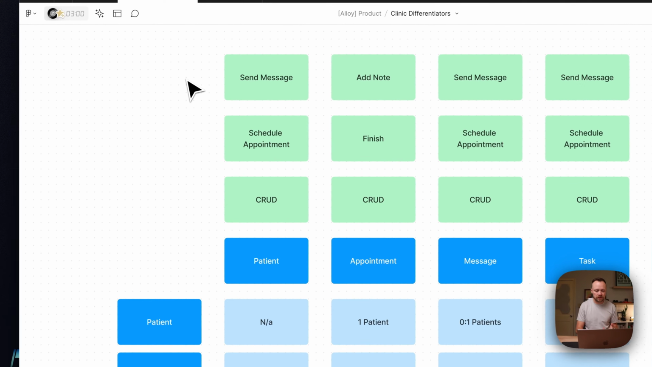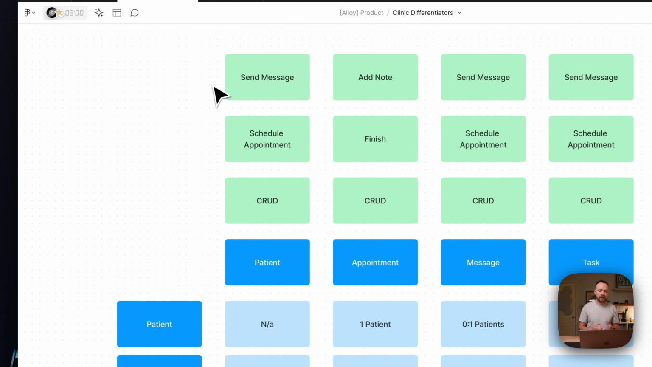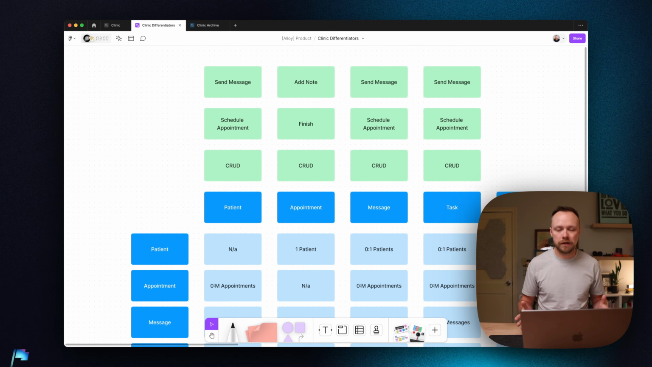Patient is probably the best example here, simply because when you're looking at a patient's chart, it probably makes sense to be able to schedule an appointment from that view, or to send them a message, or to do something else. Same thing with a message. If I'm looking at a message from a patient, it probably makes sense to be able to schedule an appointment